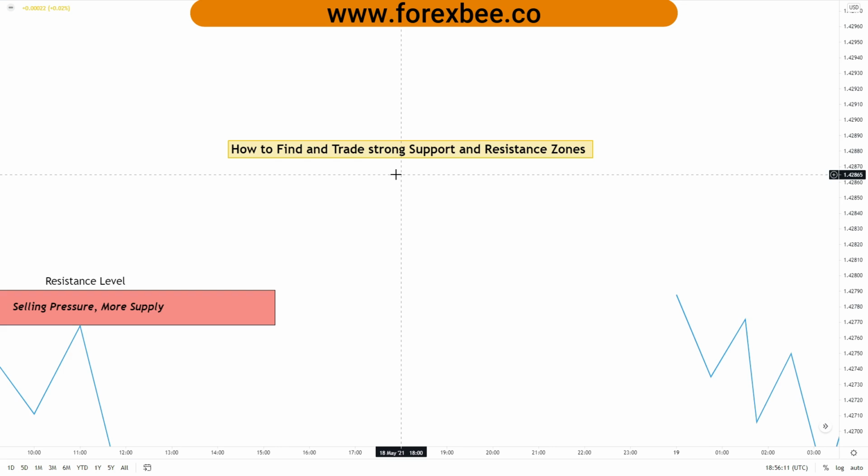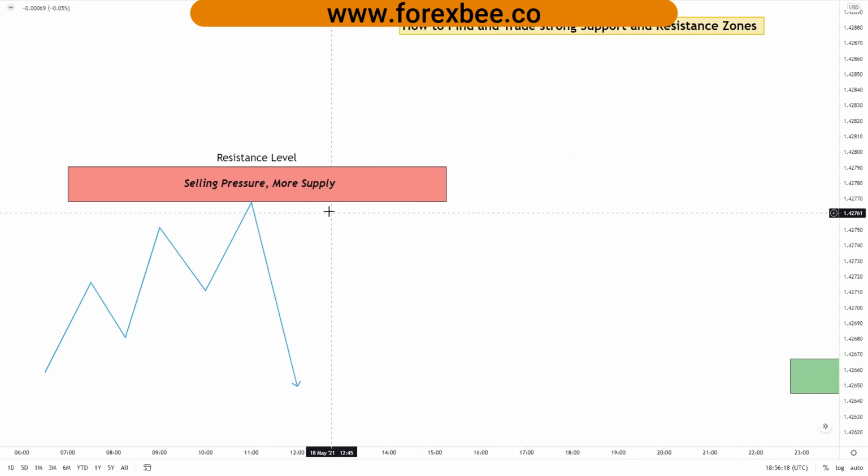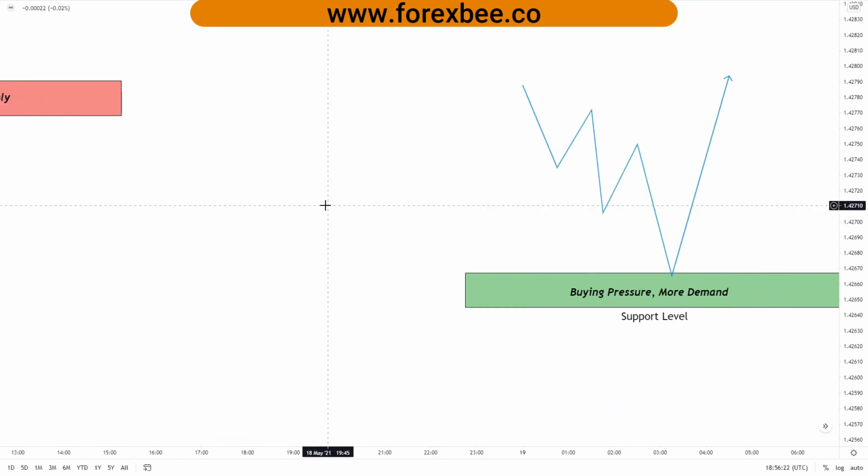Today in this video we're going to talk about how you can find and trade the strong support and resistance zones. We're going to define the resistance zone and see what effect it has on the market, and we're also going to define the support level, how you can draw them, and what effects the support level has